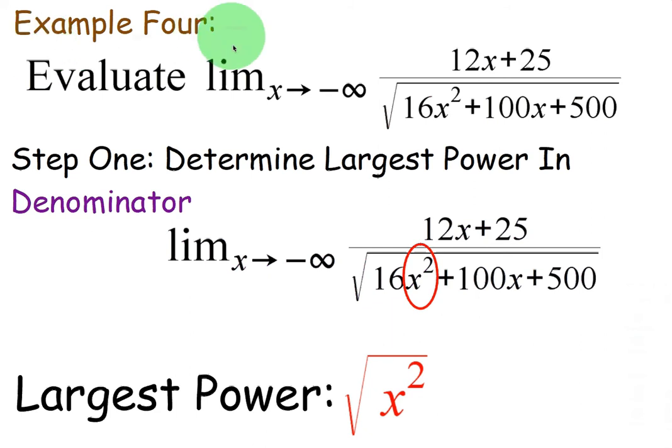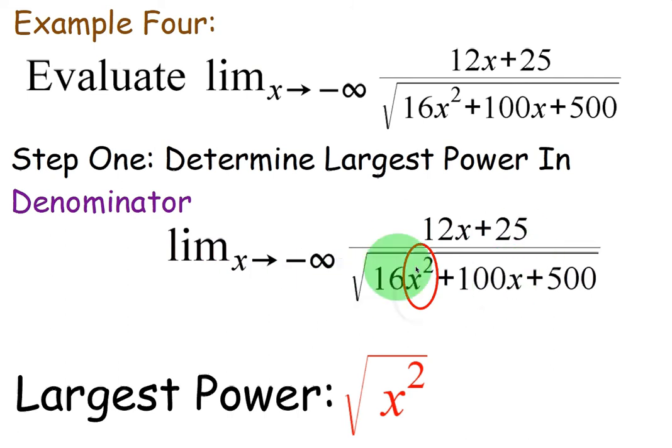Alright, so for example 4, we have evaluate the limit as x approaches negative infinity of the numerator 12x plus 25, divided by the denominator, the square root of 16x squared plus 100x plus 500. Now again, we're dealing with the square root, so keep that in mind when you're determining your largest power. So for step 1, we would determine the largest power in the denominator, limit as x approaches negative infinity of